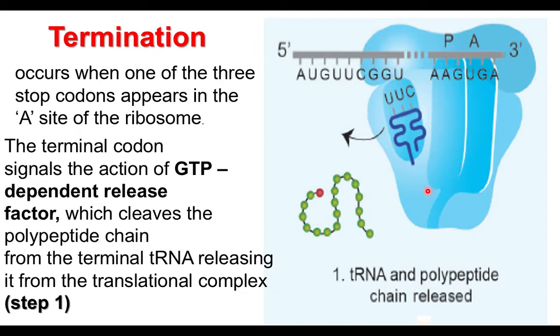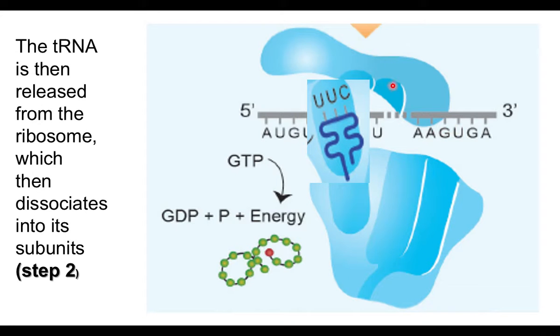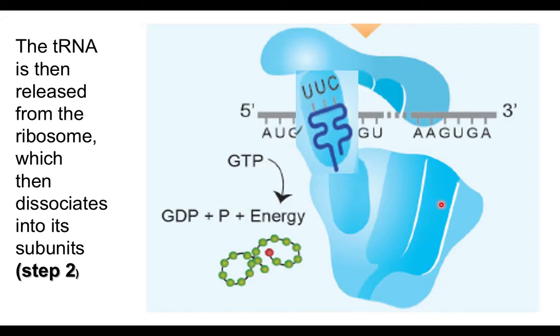Now we are discussing termination. Termination takes place when the termination codon reaches the A site. It gives signal, so the polypeptide chain cuts off. This is step 1 of termination. Afterwards, the 2 ribosomal subunits dissociate. After the separation of the 2 ribosomal subunits, the tRNA also moves. The tRNA is released. This is the end of termination. So with that we come to the end of translation. It is nothing but protein synthesis.